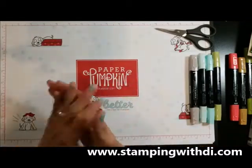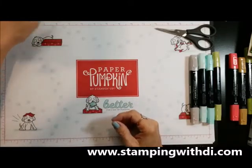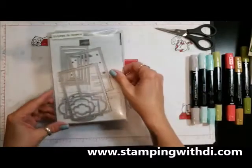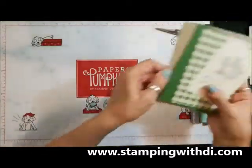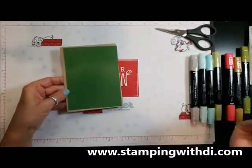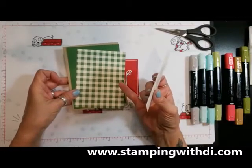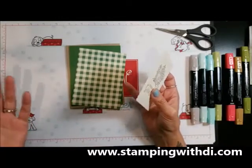Anyway, I just want to say hi, and I'm going to do a really cute card I'm calling Country Christmas Card, and it uses the Still Scenes stamp set. I'm also going to be using the Stitched So Sweetly dies, crumb cake for the base of the card, garden green, and the Tidings DSP. This DSP is a returning favorite from the